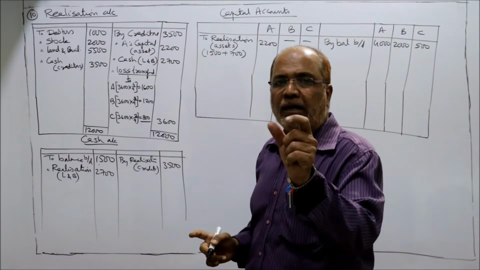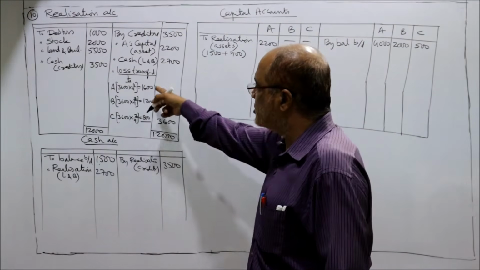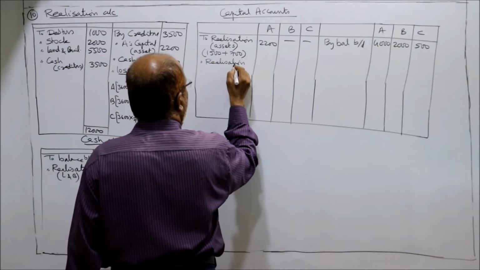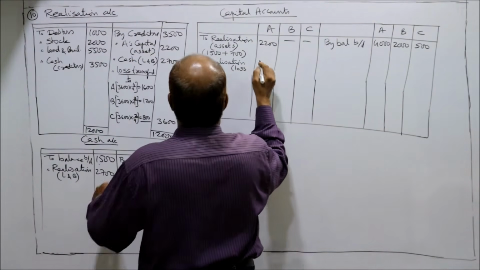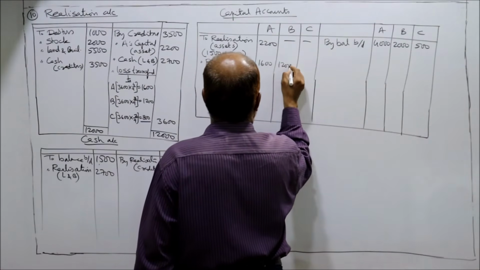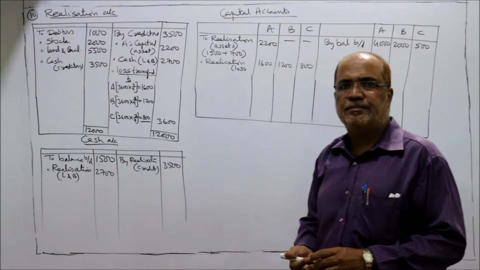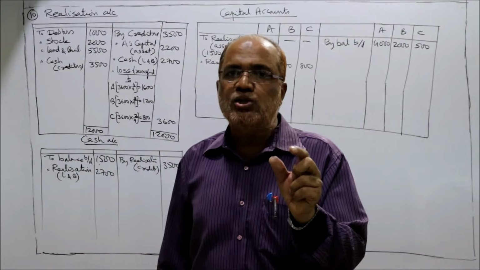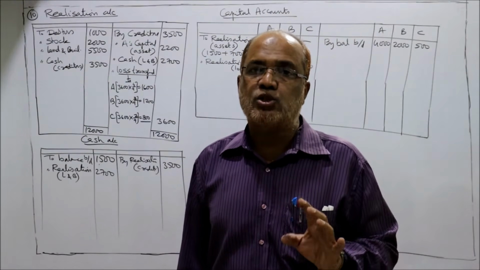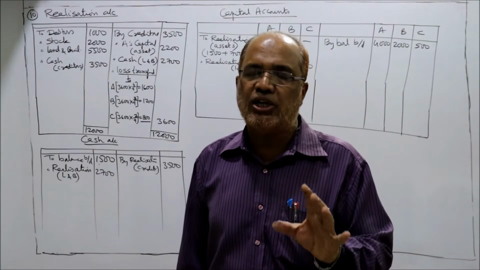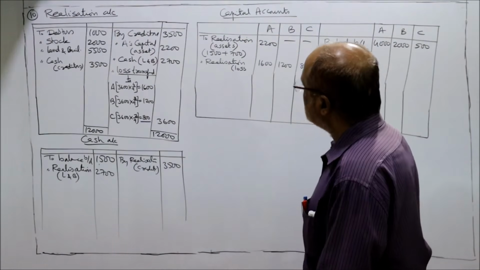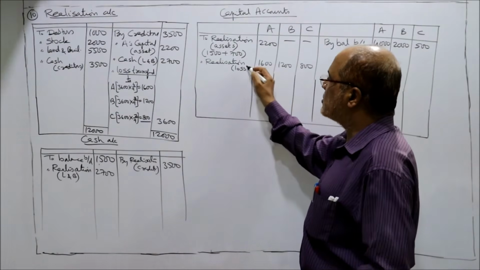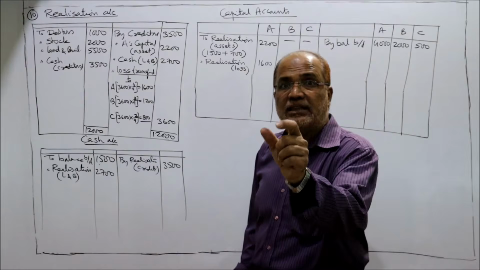तो एंट्री will be partners capital account debtor to realization. Realization is credited, partners capital will be debited. Realization loss 1600, 1200, 800. That's it. Realization account is closed. Now whenever a partner has become insolvent, the solvent partner has to bring the cash equal to the share of realization loss. How much is the realization loss A and B is having? 1600, 1200. रियलाइजेशन लॉस ए का 1600 रुपये हो रहा, बी का 1200 रुपये हो रहा, तो इतना कैश लेकर